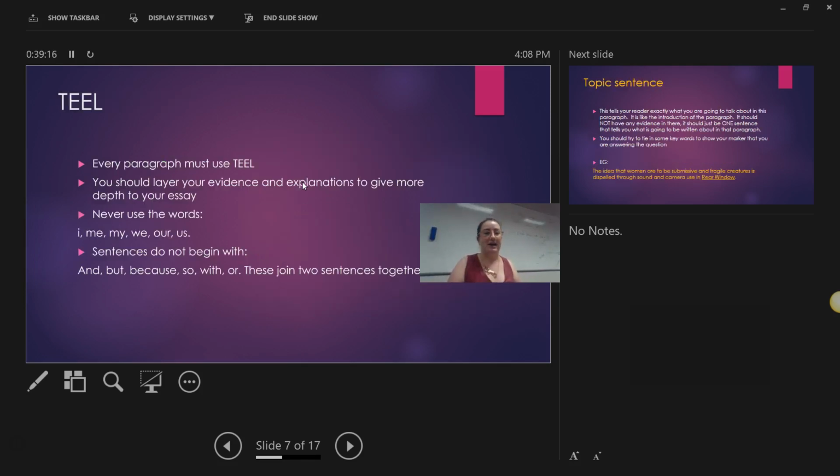Next one. Okay, TEEL. You must use TEEL in every paragraph. And like TEEL is such a loose thing. Like, it's just like how you would basically construct something because it makes sense. Before you start talking about a thing, you tell me what you're going to talk about. Then you give me evidence to prove that what you're talking about is correct. You explain how that evidence proves that you're correct. And then you link it back to your overall idea. That just logically makes sense in my brain of how to structure something to ensure that someone doesn't think you're